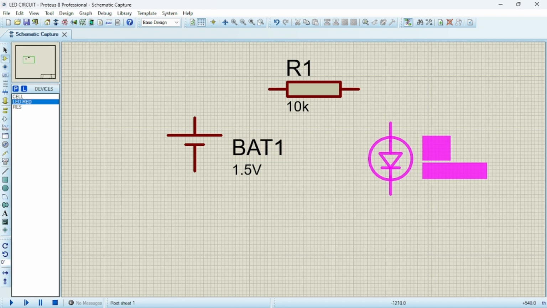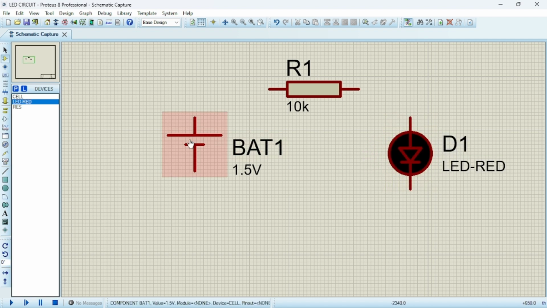Right-click and go to Edit Components to